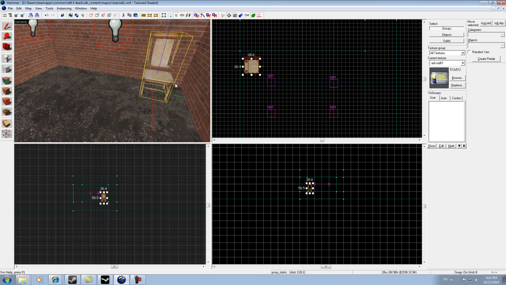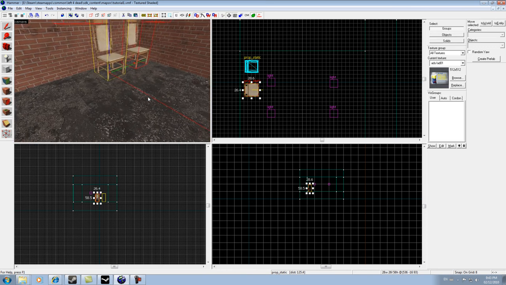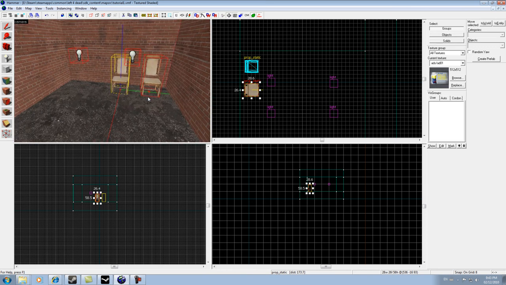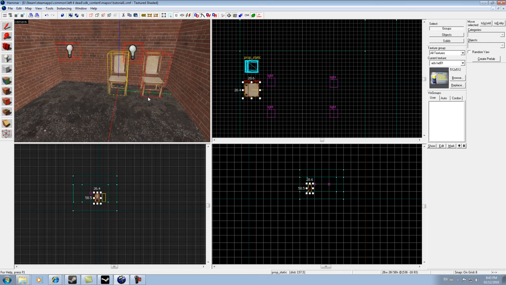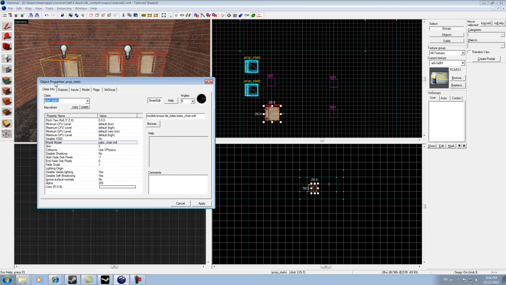Let's copy it, Control C, go to the ground in the camera window where the mouse is, Control V, back over this window, let's move it. So we've got two chairs, and this is the first step into adding just a bit of spice to your level. So again, let's copy this chair, Control C, Control V, let's double click it, and back to the properties menu,